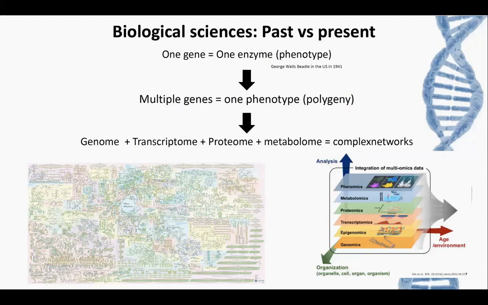With the advancement in next generation sequencing, large-scale data analysis, which we call the omics era, and improvement in modeling and statistical analysis, the whole concept has changed to a systems biology perspective. We know now what we call systems biology, network biology. So we know now that phenotypes are themselves a complex network of biological processes, and phenotypes are regulated at a multi-level regulatory network, including genes, which we call genomics.